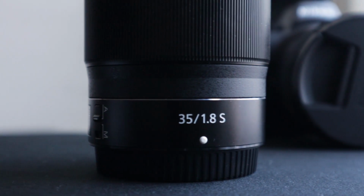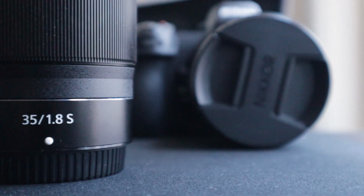One other really important fact that a lot of people are not talking about is the premium quality of these S-line lenses that Nikon has created. They have produced just a few S-line lenses at the moment, but of course a lot more are coming and they are in the roadmap. The sharpness these lenses are producing is way sharper than the traditional F-mount lenses that Nikon was producing earlier. I'm not saying that the F-mount lenses were not good enough. They were super sharp and incredible and long lasting, but this S-line has really got impressive